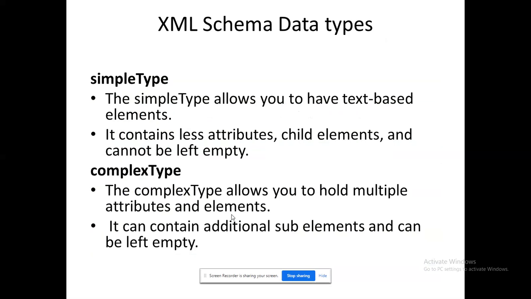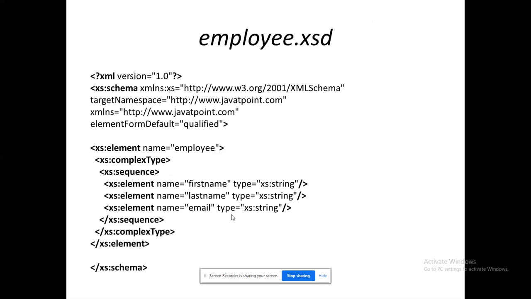So what could the XSD data types be? We have simple and complex, right? If I'm going to work with only one, completely text-based, in that case I can use the simple type. If I'm going to work with a multiple number of elements, combined with several attributes, or with a large number of subtags, in that case I have to move to the complex data type. So how can that program be rewritten?